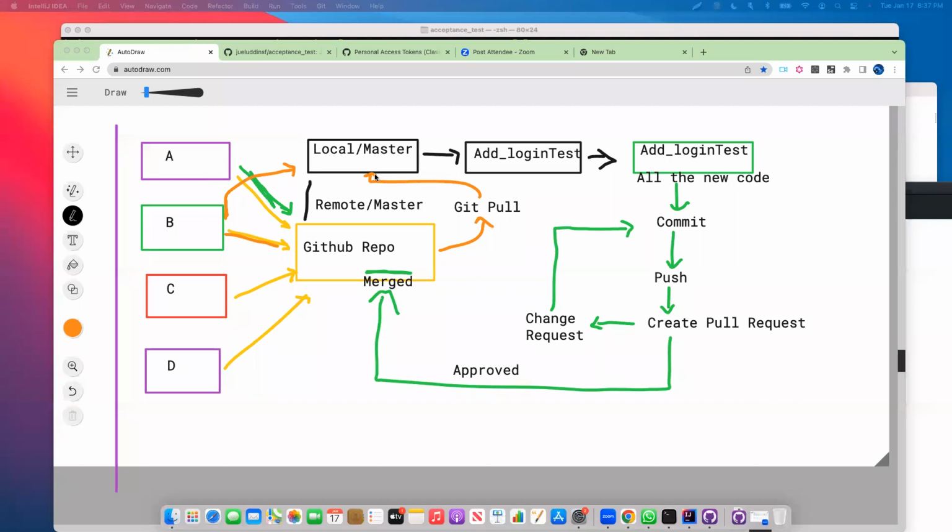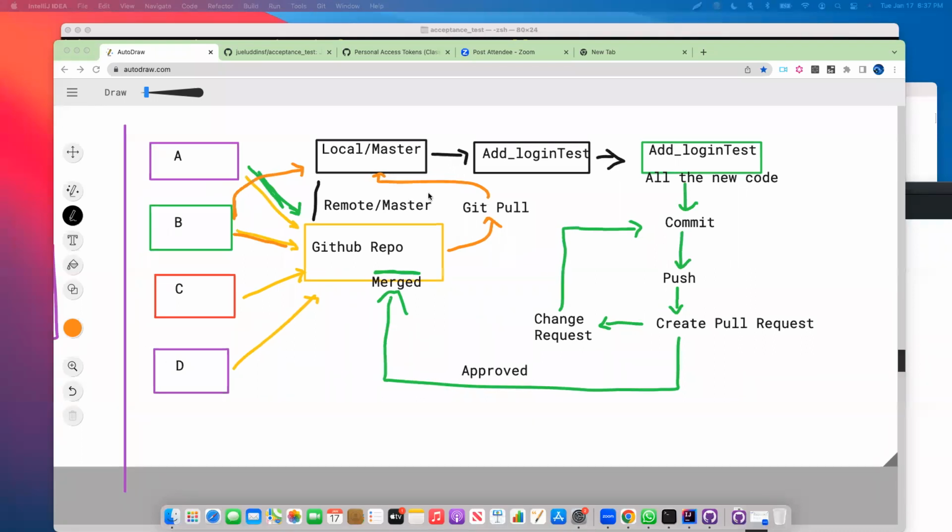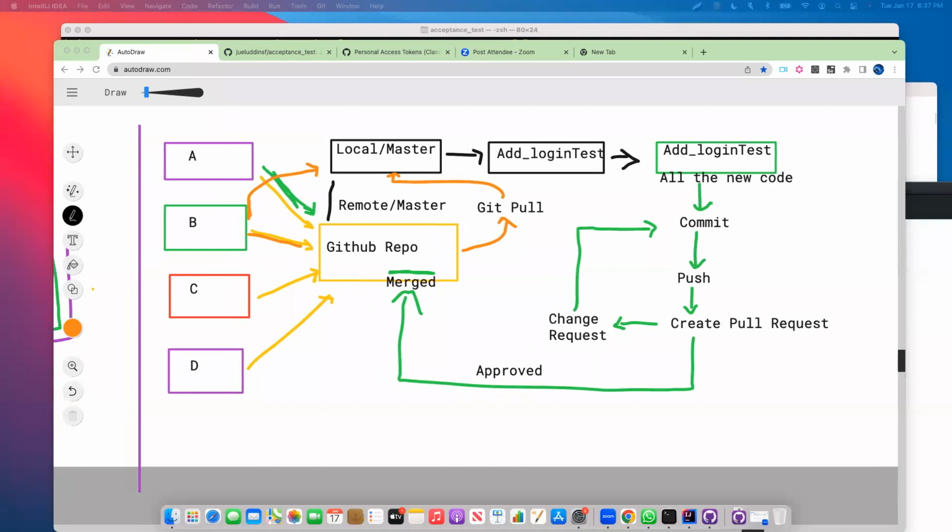So my local master has all the changes that I pulled from here. From time to time at work, if you're not on a different branch and you're on local master, you haven't made any changes, but you do want other people's changes, you can do git pull and you continue to get other people's changes. Maybe you're not active on writing code, but maybe B, C, and D are writing the code. Then you can keep pulling the changes and still have working